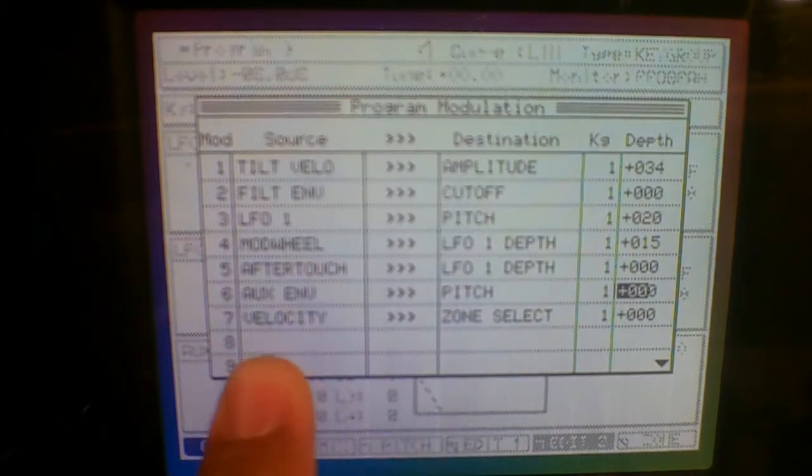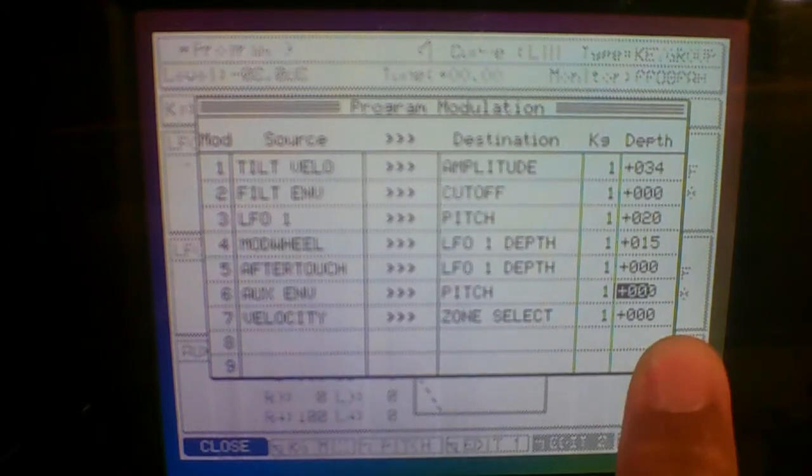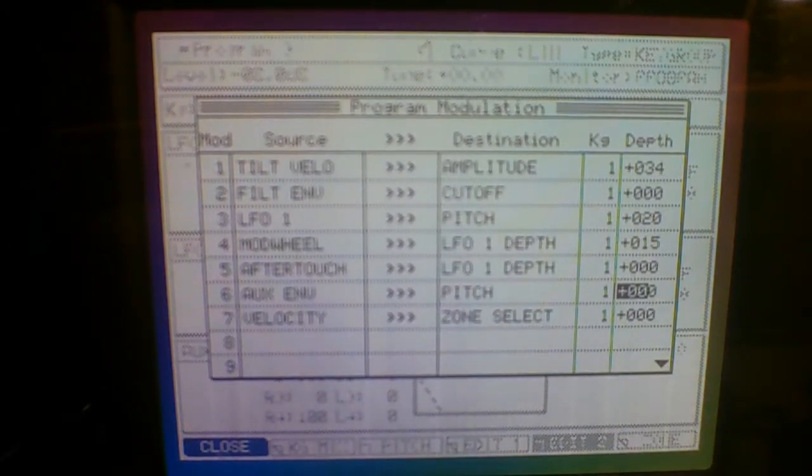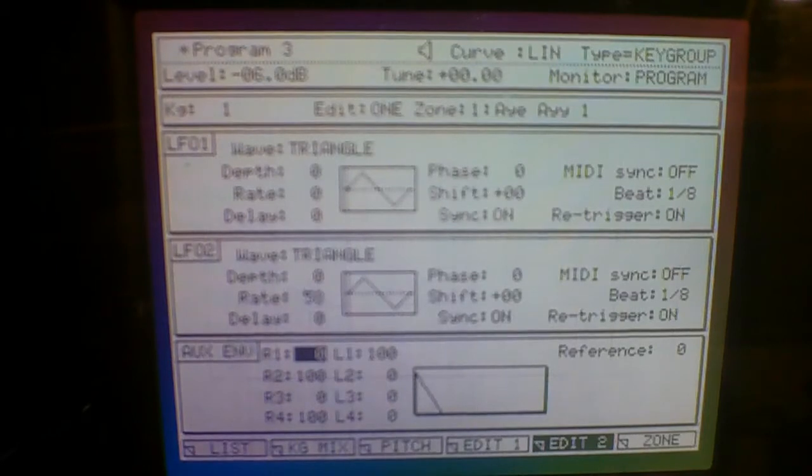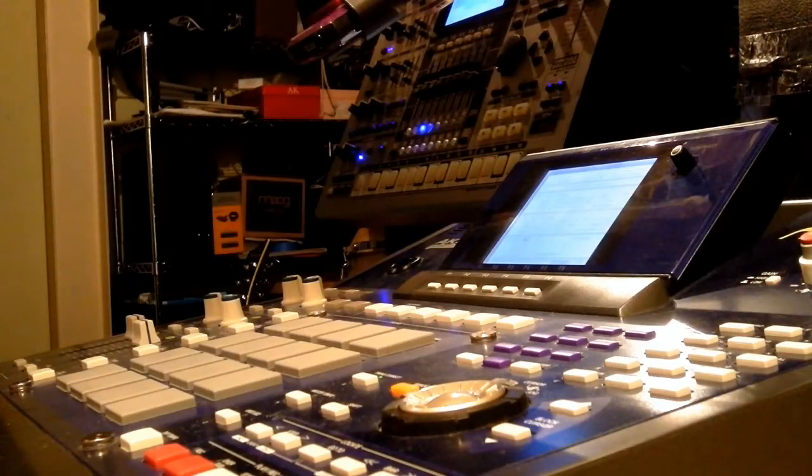Right now we have the auxiliary envelope going to pitch, and it's at 0. I'm going to have to turn that up. I know I'm giving you a lot, but it's better if I just mess with it. If you have an idea of how you want the sound to be, that is better in helping you understand this. So with this sound,